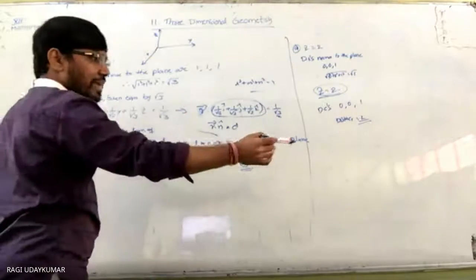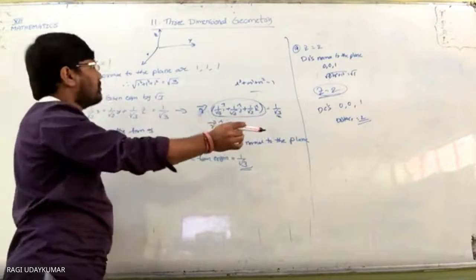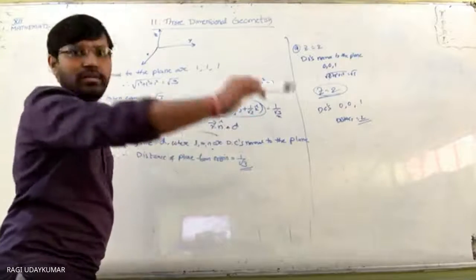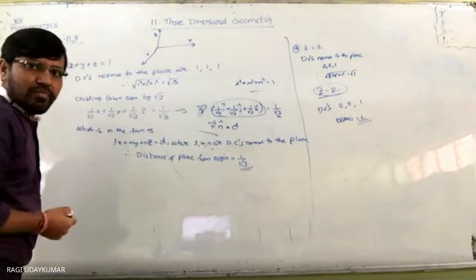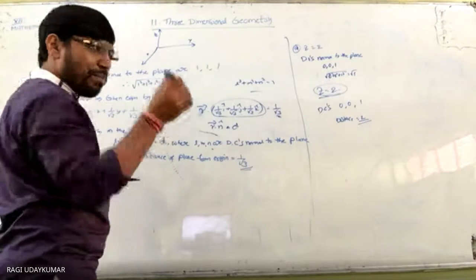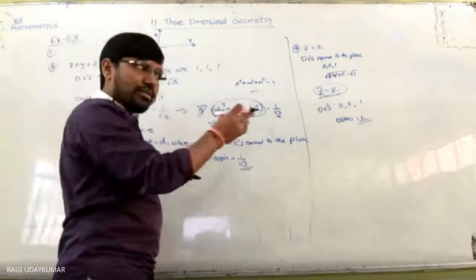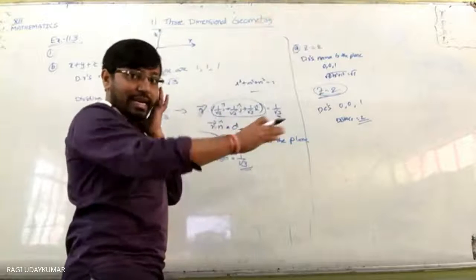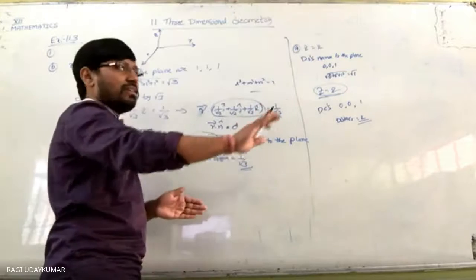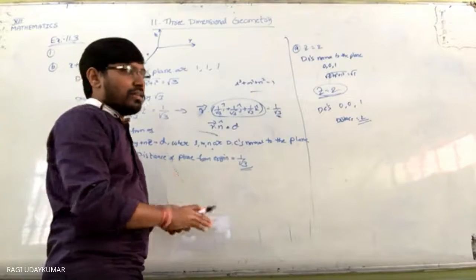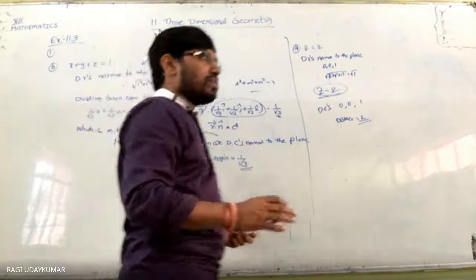Now consider that the x axis is in your room this way, and the y axis is this side. On the right side of the room, where you would stand, that is the x axis, this is the y axis, and that is the z axis. So if you consider like that, two axes you are taking into account.